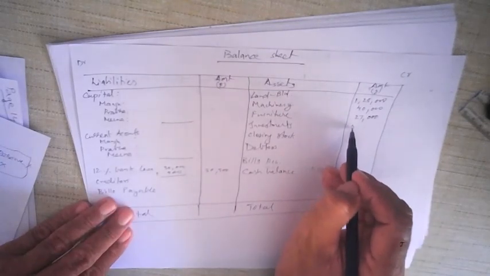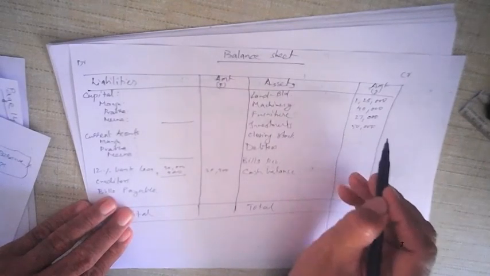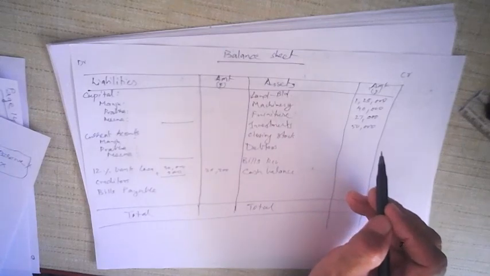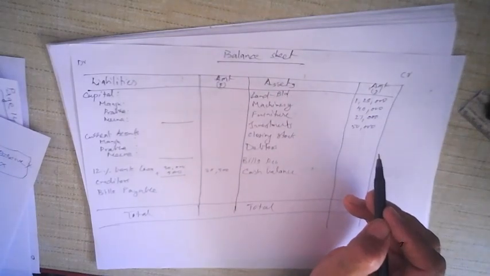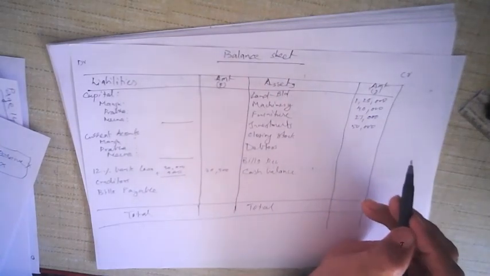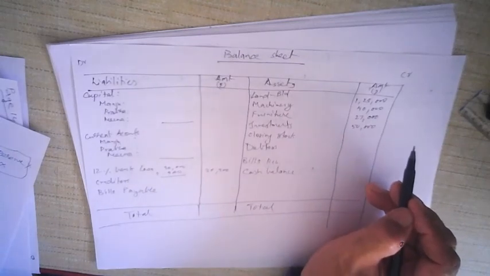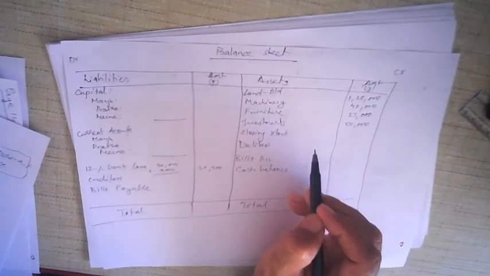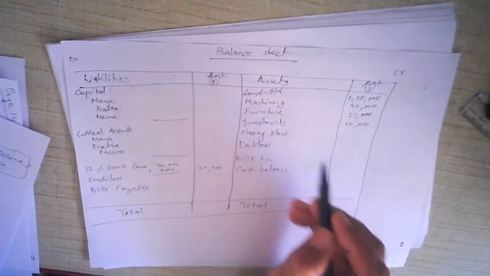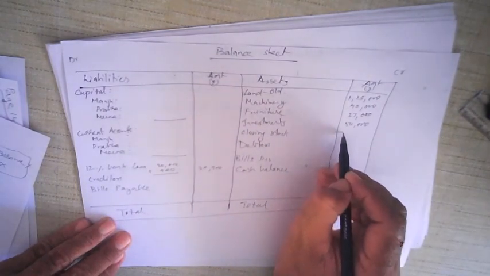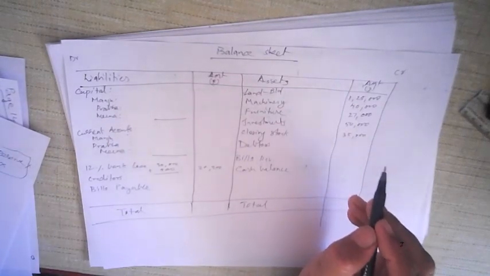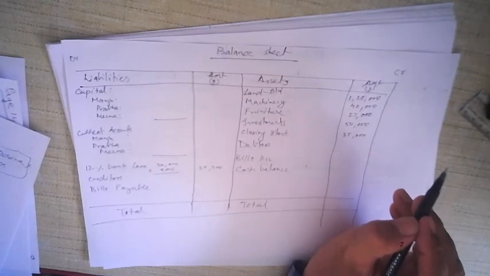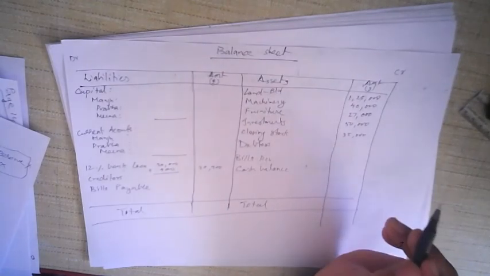There is no change in investment, 50,000. Then closing stock: the book value of closing stock is 5,000 more than its market value, so it is reduced by 5,000. Closing stock is given as 40,000 minus 5,000, which will be 35,000. Remember, we are not writing book value, we write market value only, so you must be careful about closing stock.